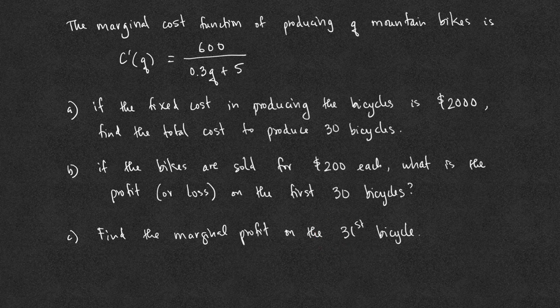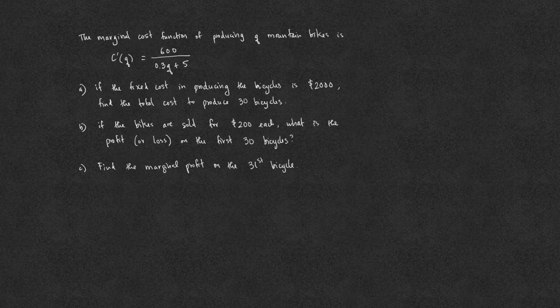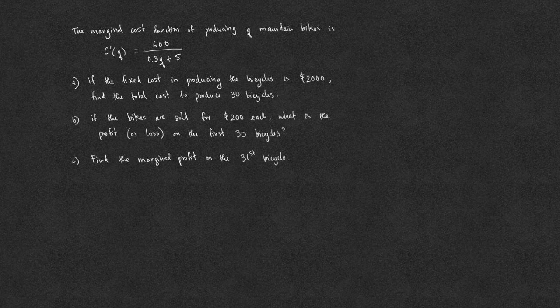For part A, we observe that if the fixed cost is 2,000, then in function notation, this is C of 0 equals 2,000. This is the cost even when no bicycles are produced and sold. The total cost is the sum of the fixed cost and the variable cost. The total cost to produce 30 bicycles is the fixed cost C of 0 plus the variable cost,